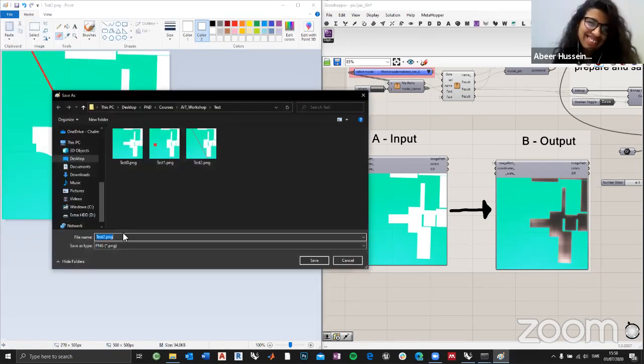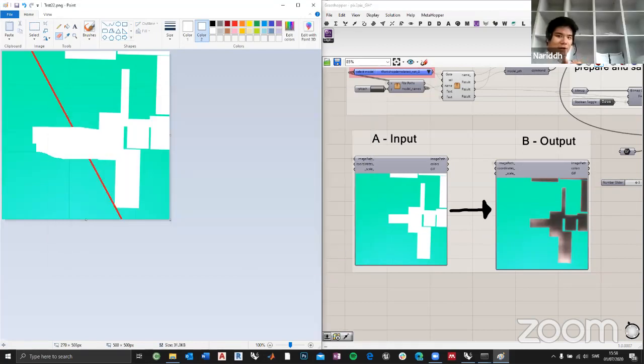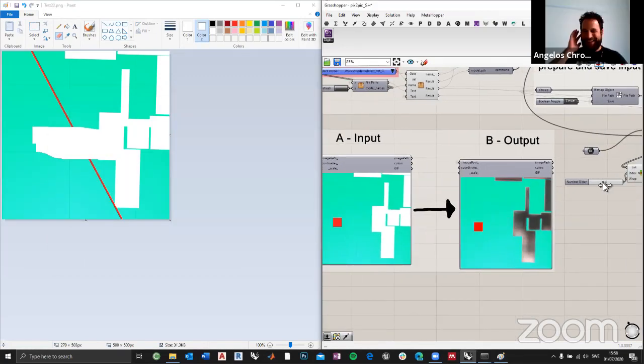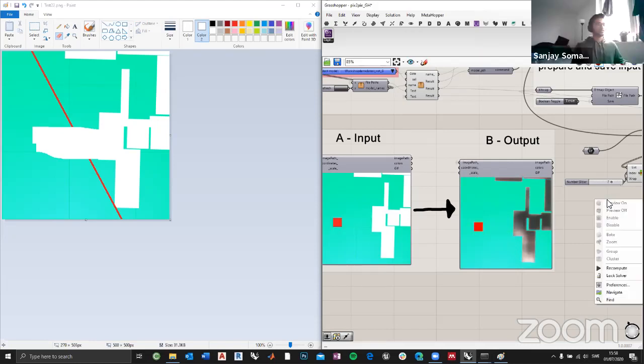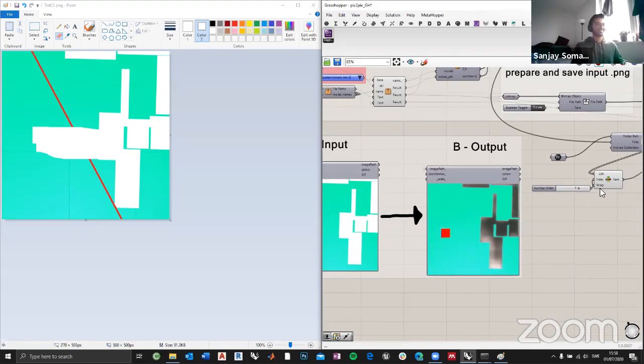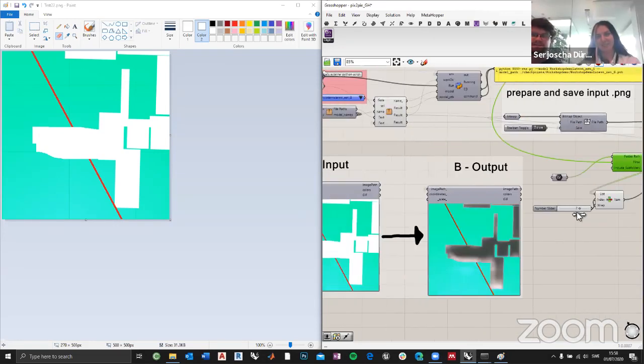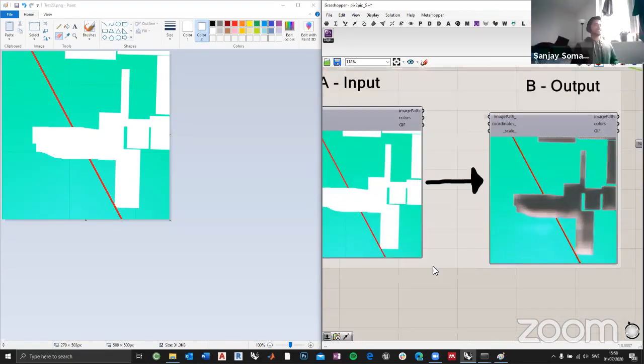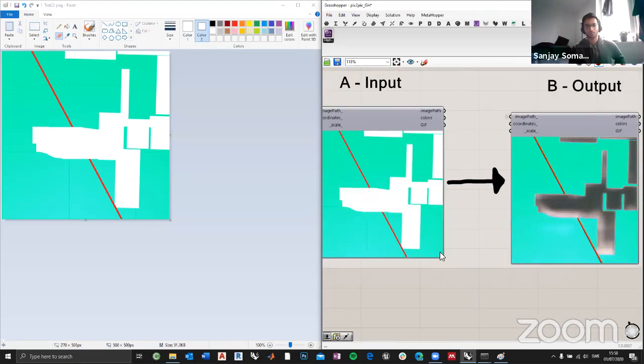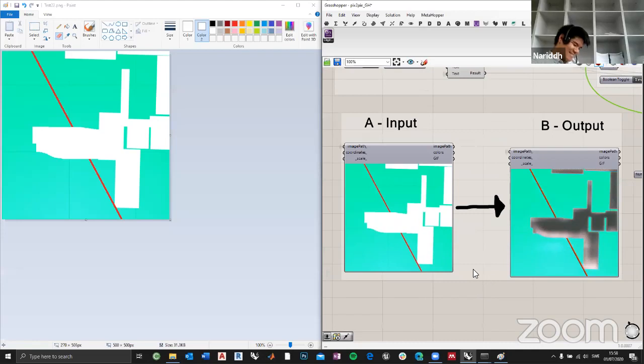It's always beautiful. Man, can you imagine if this was a live connection between Paint? That would be awesome. Where's the image? No, it's somewhere. Paint is beautiful. Actually, we once participated in a hackathon and had to make a live connection between Paint and Grasshopper. I know. It was one of them.